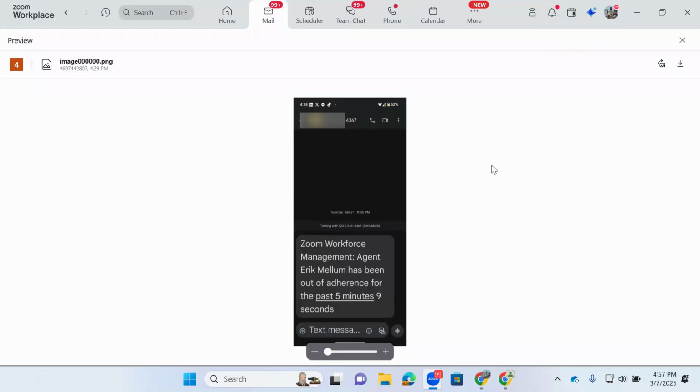Again, you have the option to choose three types of notifications for Zoom WFM: email, Activity Center, and SMS, as long as that number is input